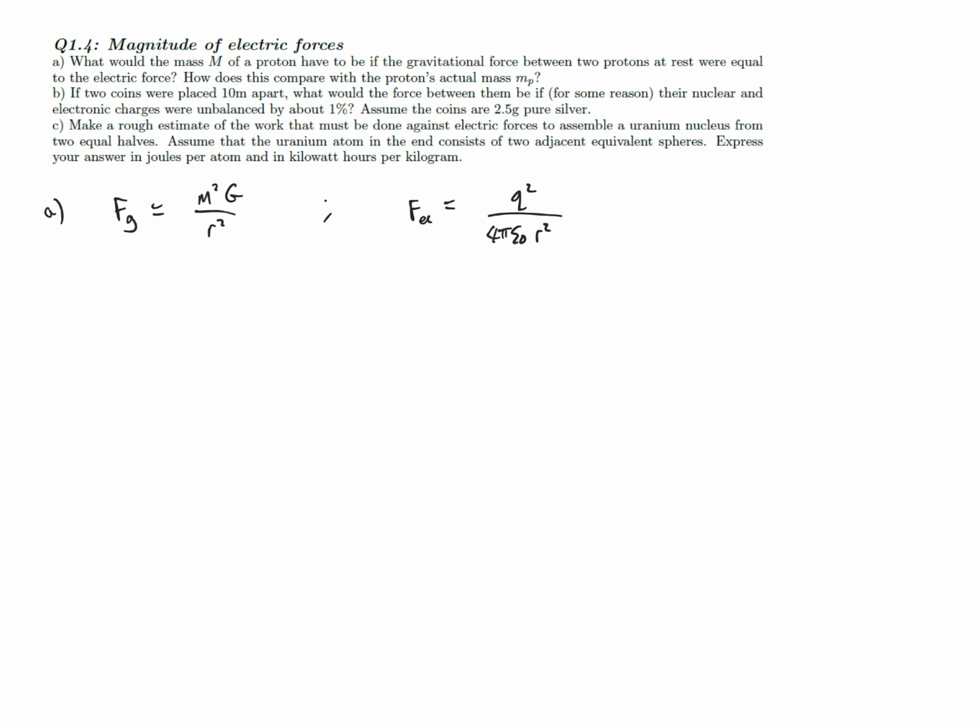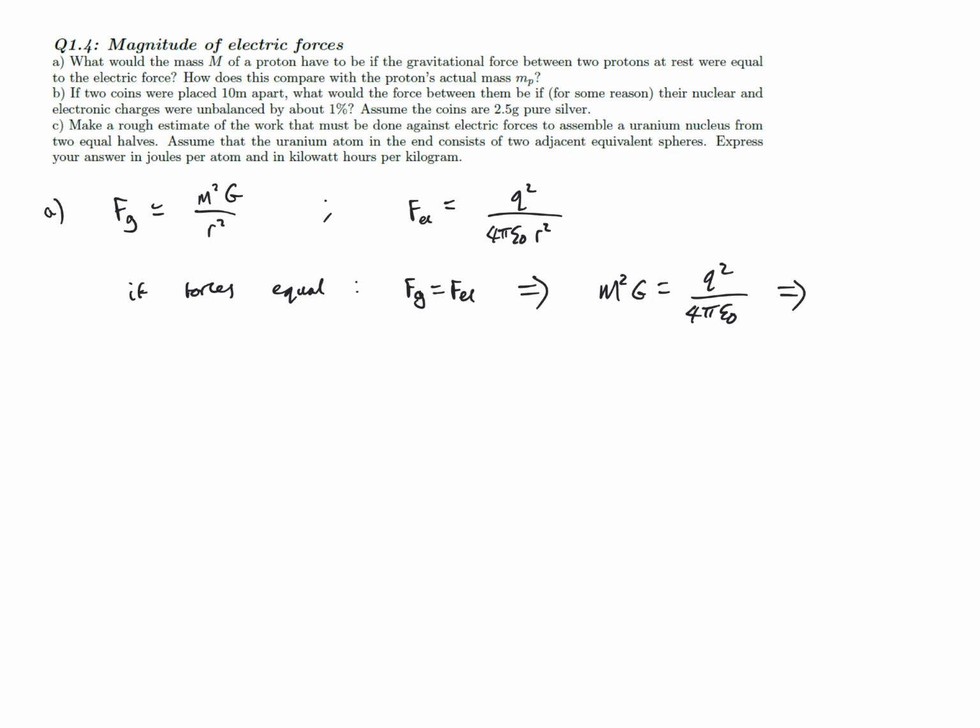So if the forces were equal, then obviously Fg is equal to F electric, which leads to the condition that m squared G must be equal to q squared upon 4 pi epsilon naught,